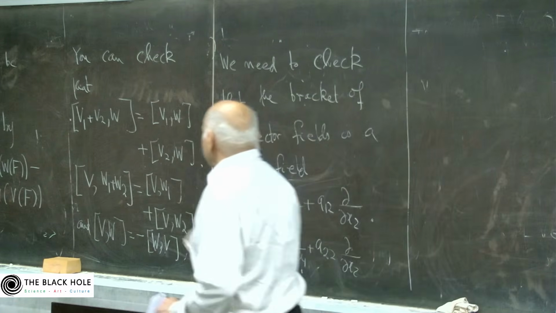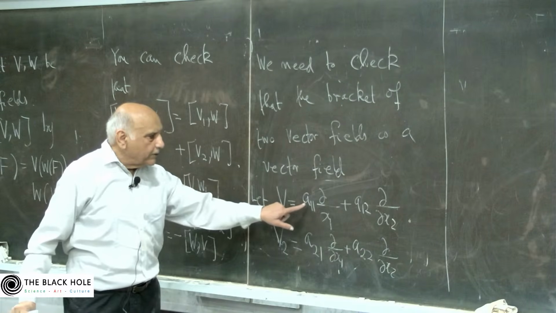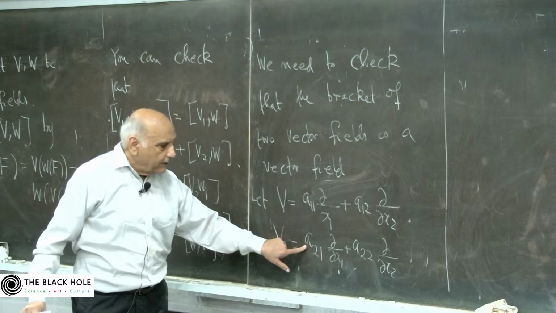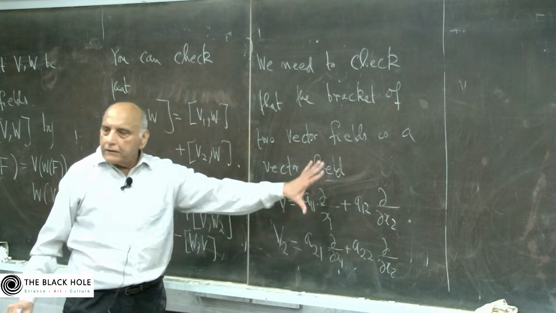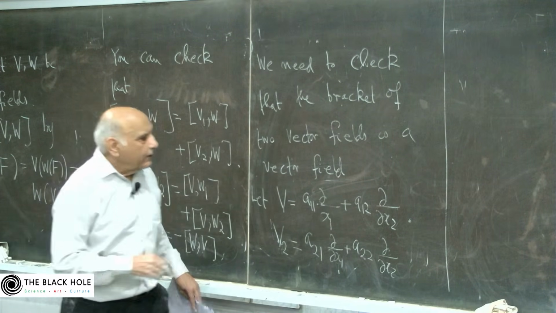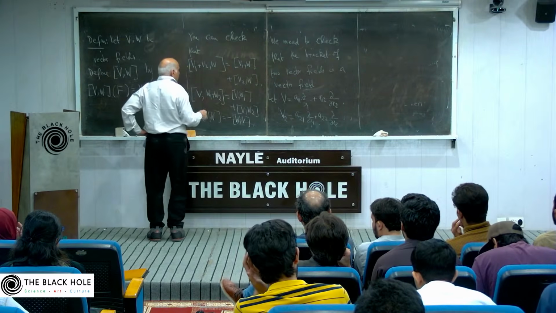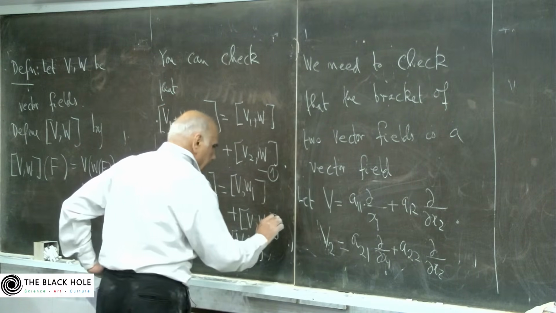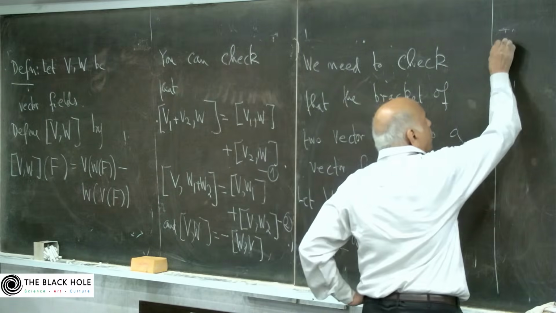When you use these two results, what will you get? You will get V bracket W is A11 partial by partial x1, A21 partial by partial x2. So you will get how many terms? You will get four terms, right? So in view of, let's give them some numbers. Let's call this 1 and 2. So in view of 1 and 2,